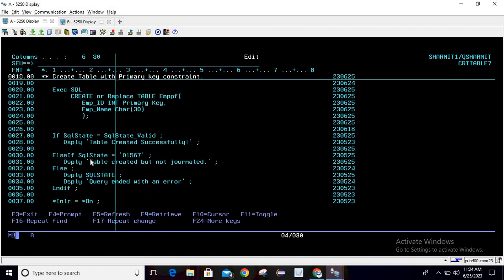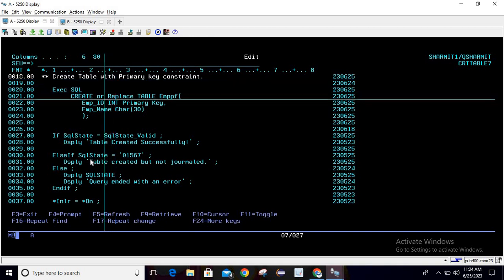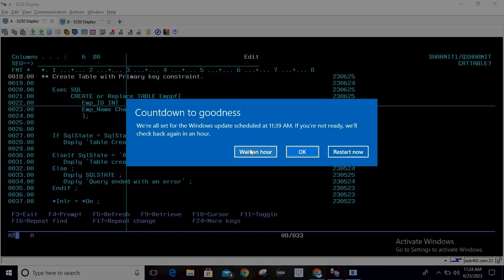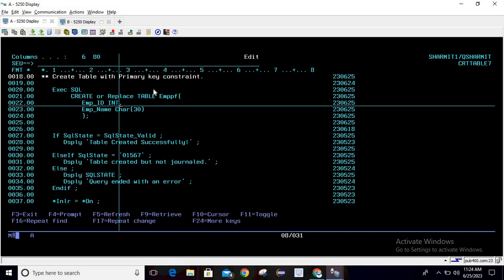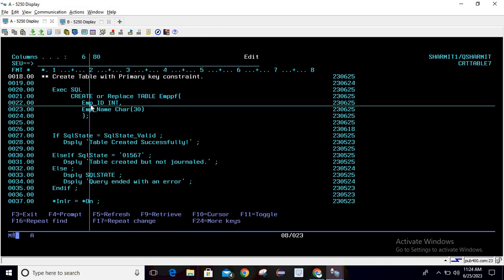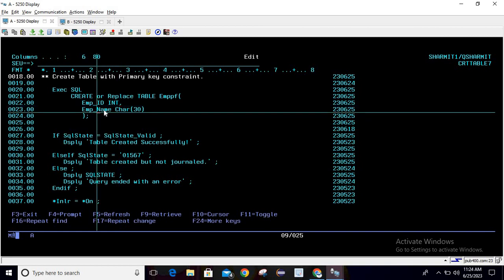Now below this we are using the constraint. So far we have discussed only this process, like how to create the table. For table creation, the syntax is the same: EXEC SQL CREATE OR REPLACE TABLE. Table name is EMPPF. First column is employee id, EMP_ID, type is integer. Second is EMP_NAME,